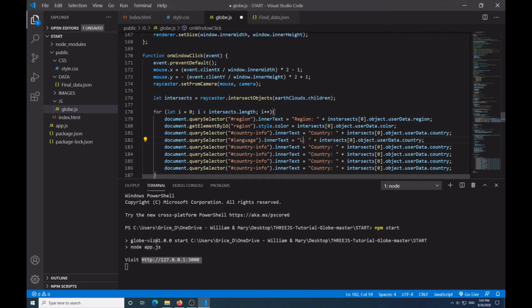And we want this to be language. Then we want the population. So we want this to be population. Then for here we want the area, dash, sq, dash, mi, area mile square. There is a way you can have this be a superset text, but when I tried doing this,